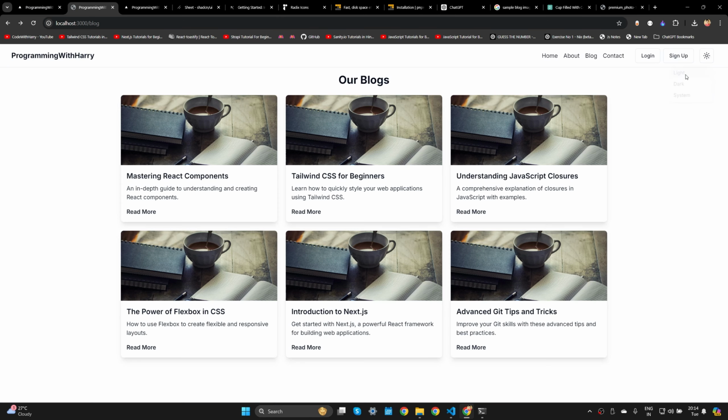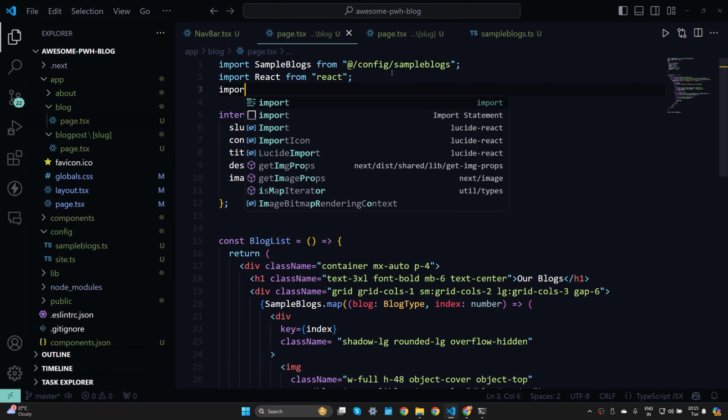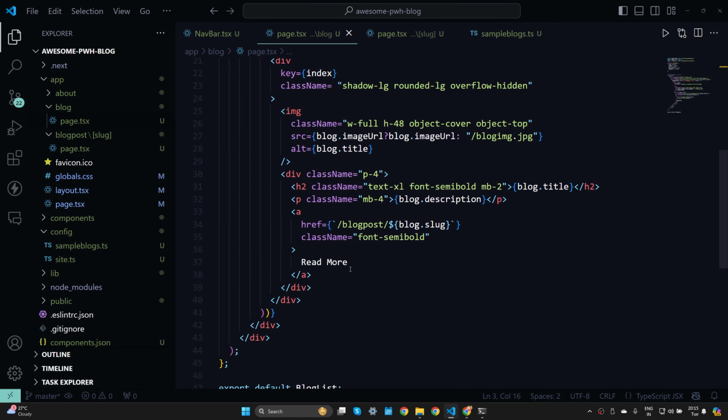But before that, I think I need to get this button fixed. It is not looking good. And this is kind of giving me OCD. So let's use this button instead. And the code of this button is really simple. You just have to say import button and use it. So it's very, very simple. Let's import button. I'll say import button from UI button,